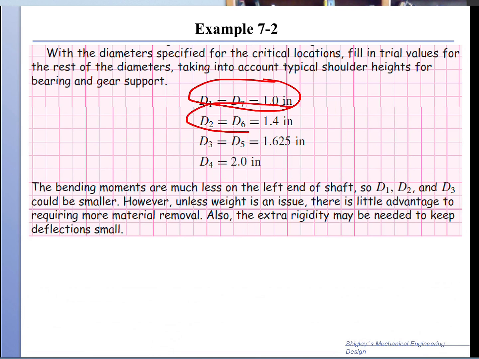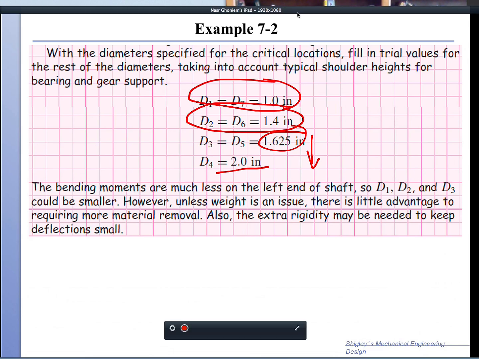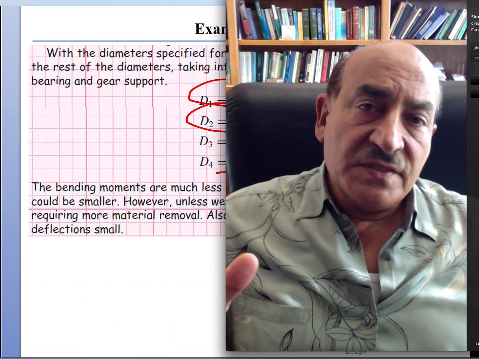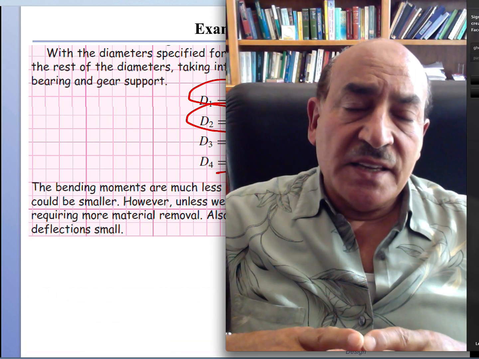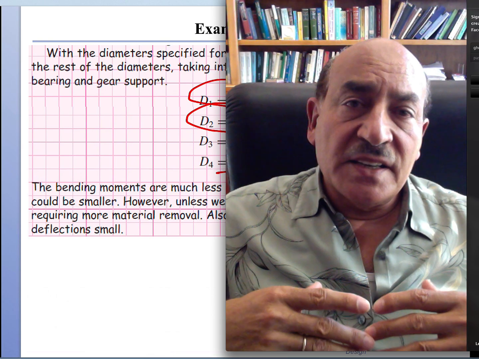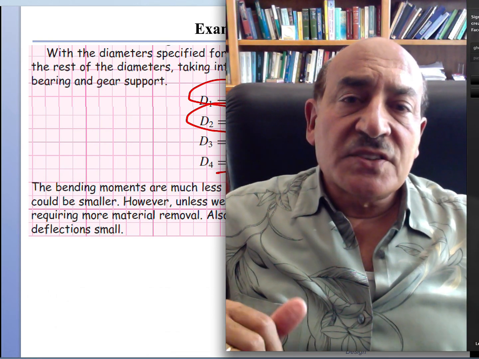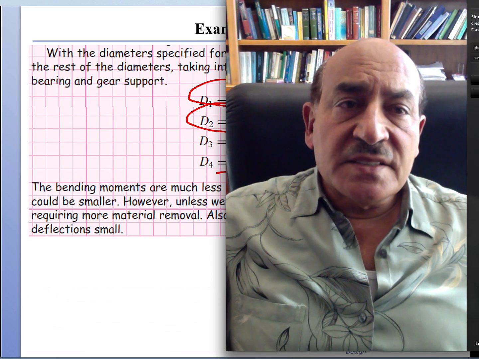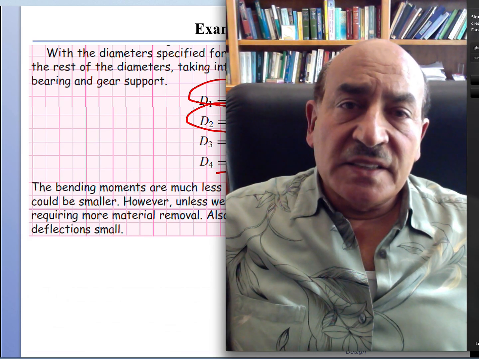D2 equals D4 equals 1.4, and that is by a judicious reduction of the 1.62 as the critical value, and this is upped by a ratio of 1.2 to the largest diameter or the largest size that is available. And therefore we have now complete specifications of the dimensions of the shaft, and we're ready to move on to the next stage of the design, which is obviously going to be calculations of deflections and calculations of critical speeds and so forth, as we move on to the next ideas for completing the design of this